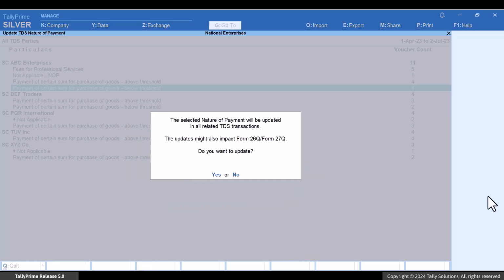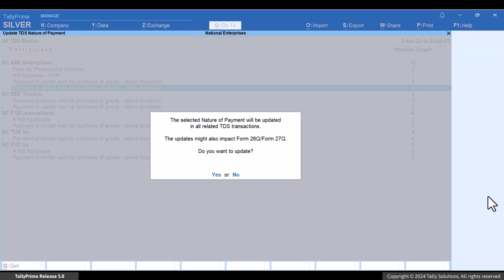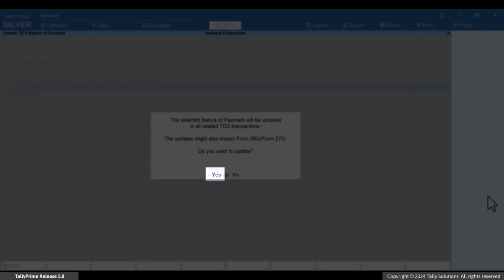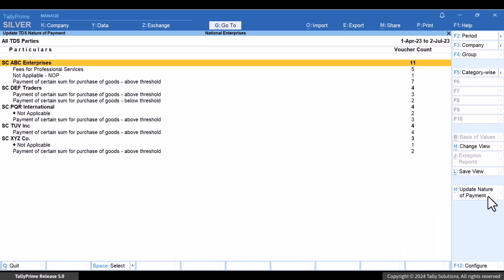You will get a query message stating that the selected nature of payment will be updated in all related TDS transactions and it will impact your Form 26Q. You can check the impact on Form 26Q after updating the nature of payment. Press Y or click Yes to update the nature of payment. The nature of payment will be updated.